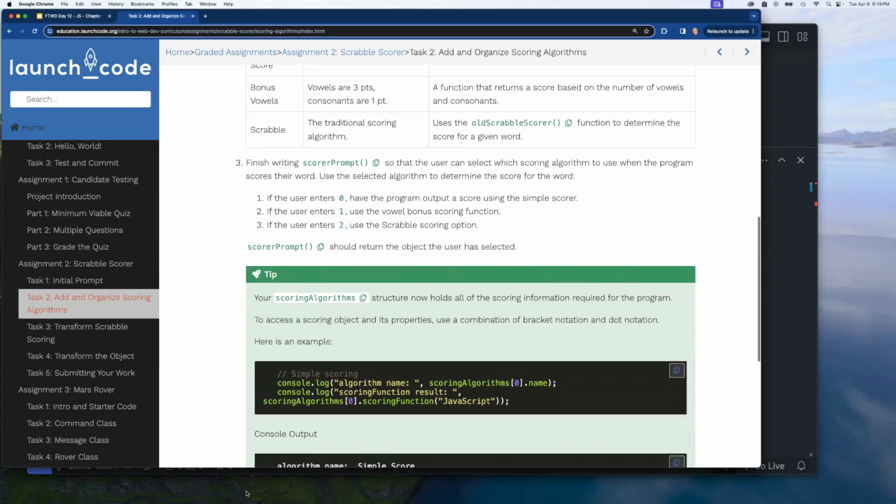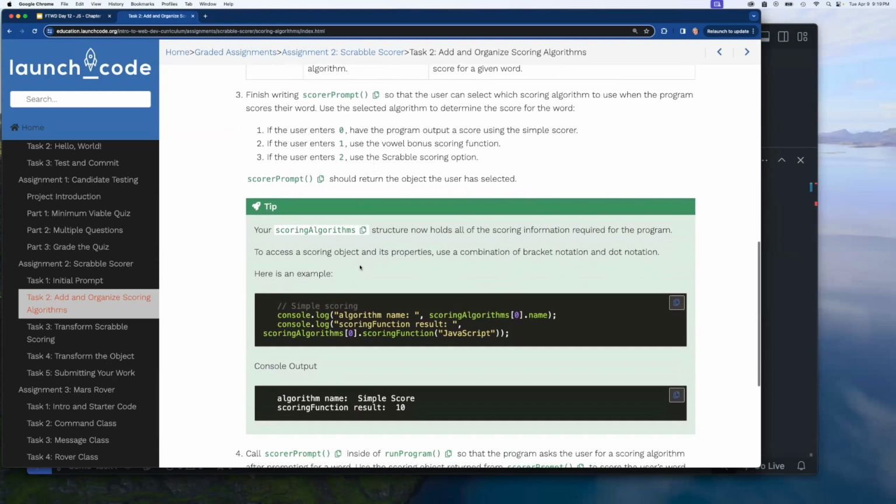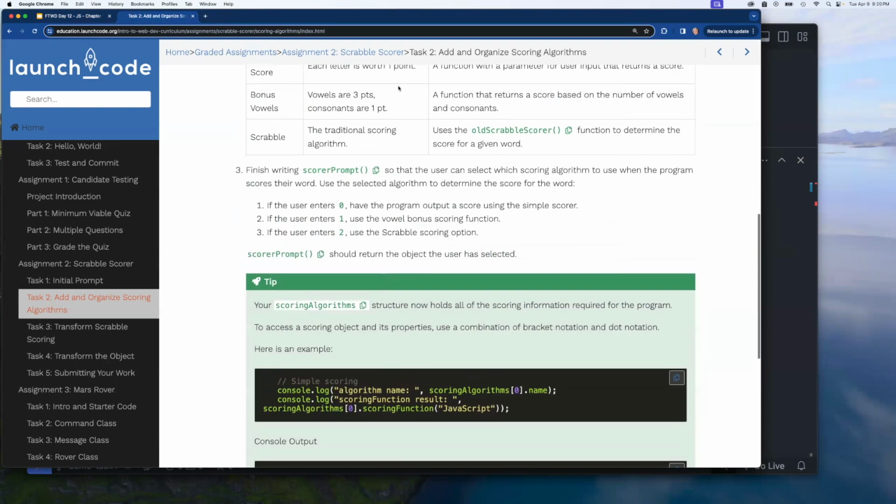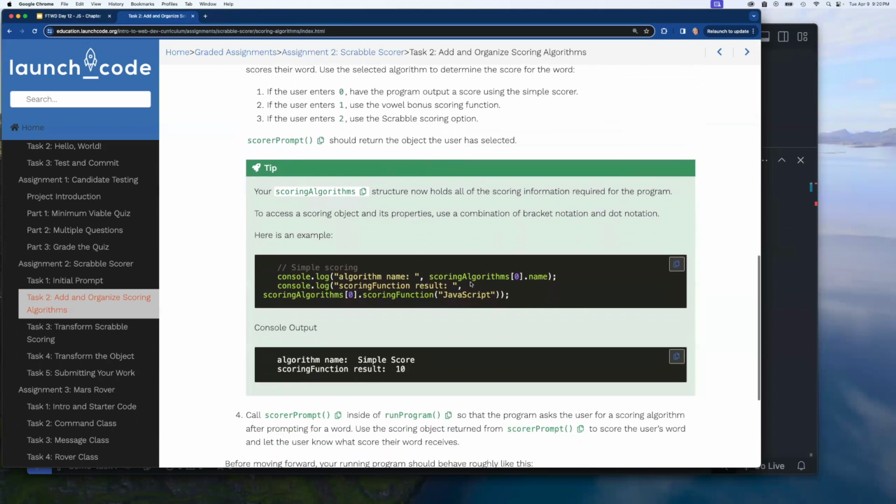And then for your program, the place where you're actually putting your code to run the program, you'll be able to retrieve that object and use it to get a score. And then they even give you here some sample code you can put in to test that everything is set up properly. Like once you have your objects in there, you could test it and say,